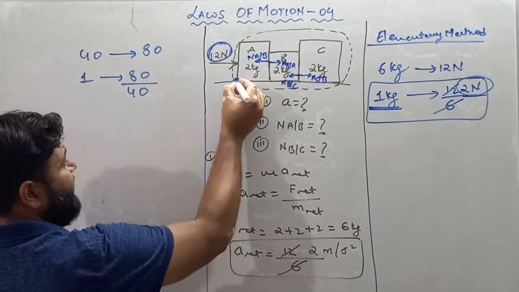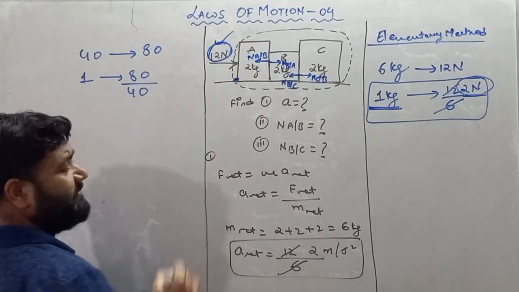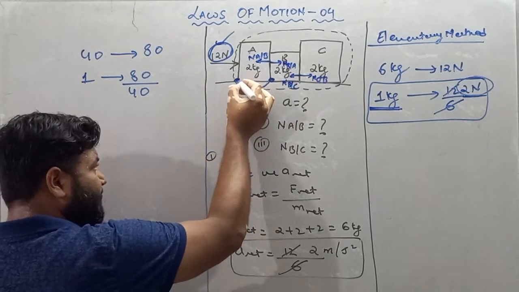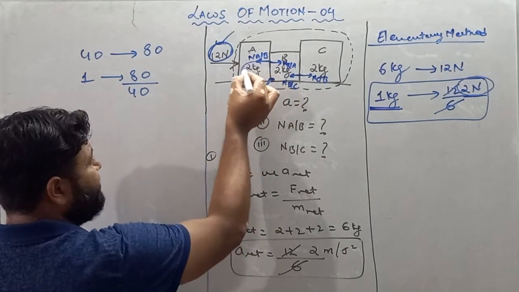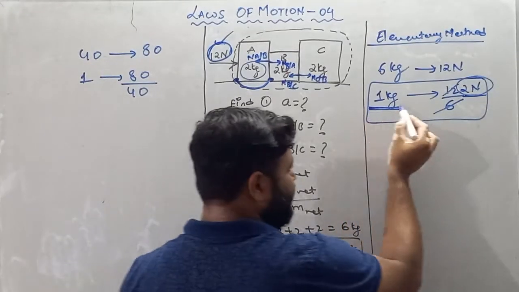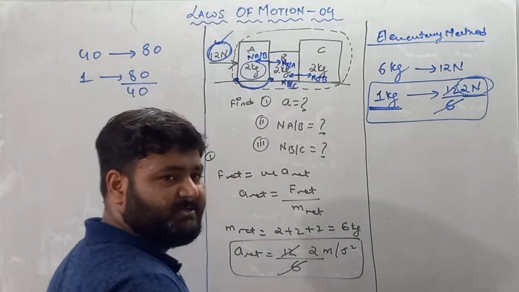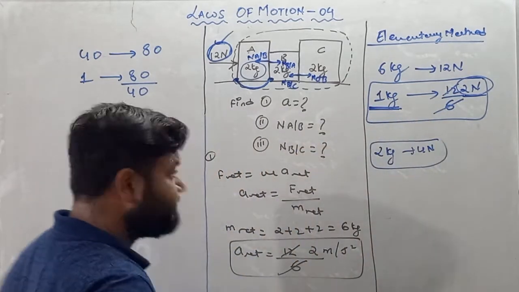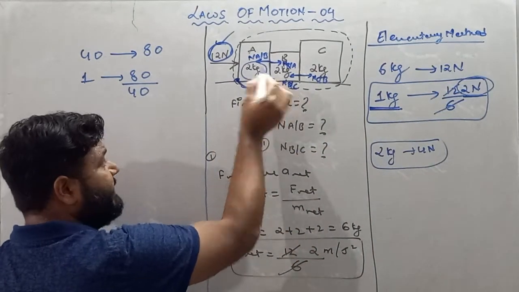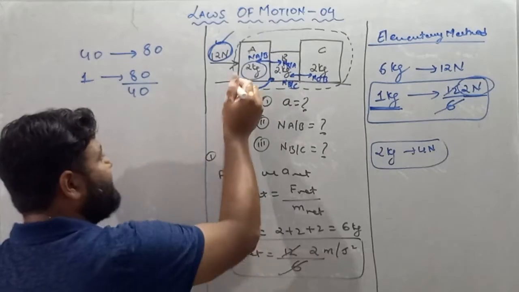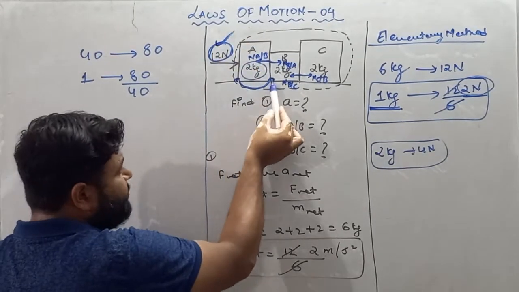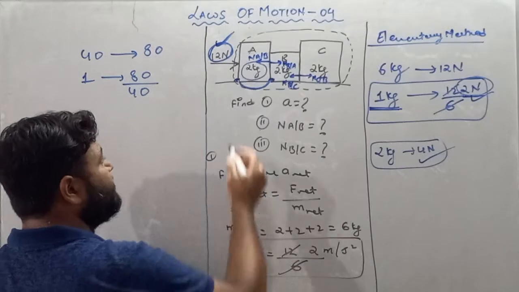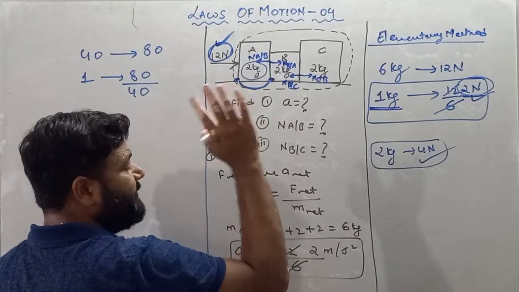So, my dear student, if I am here, then along with me 12 Newton force is there. Let us move and come to this point. If you move from this point to this point, it means you move 2 kg. So 1 kg mass carries 2 Newton force, so 2 kg mass must carry 4 Newton force. At this point we have 12 Newton force. If we move 2 kg, then for 1 kg we use 2 Newton force, and for 2 kg we use 4 Newton force. See, 12 was there, 4 will be vanished.